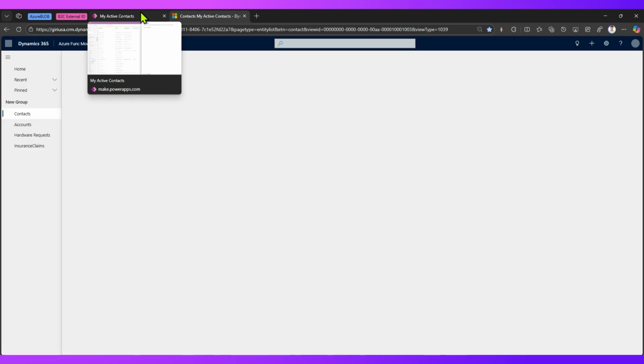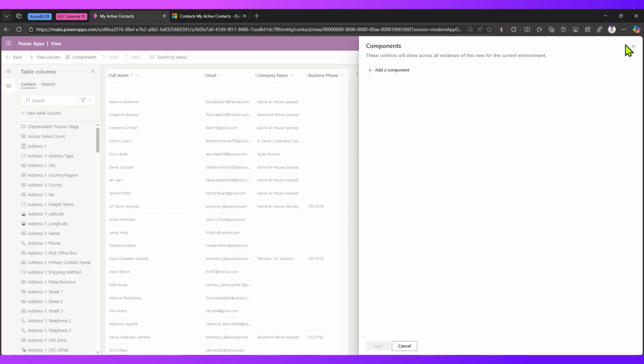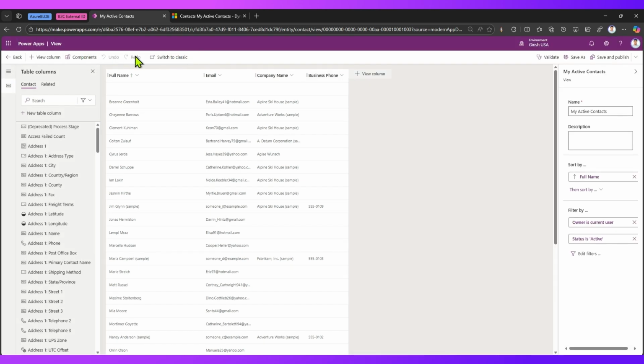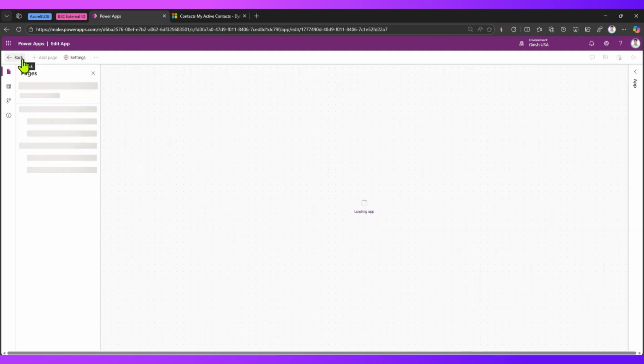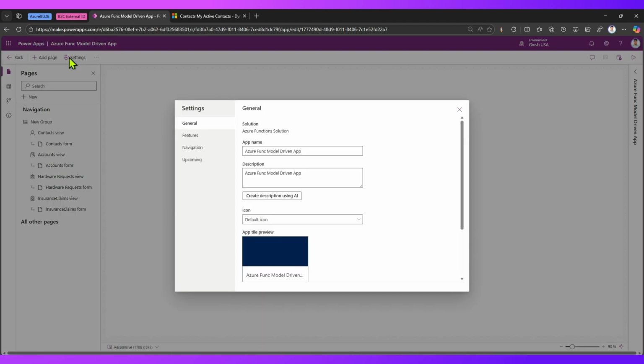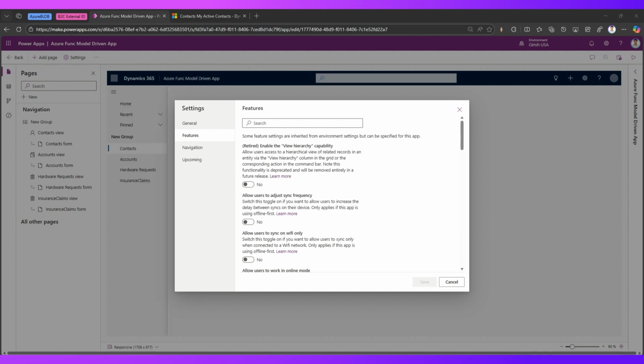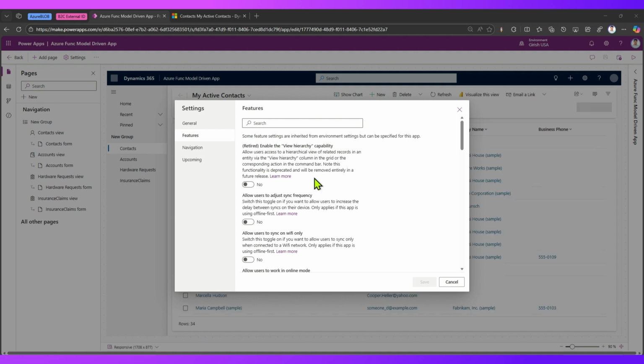Now, there are other settings within a model driven app which I'm just going to show you. So if you see over here, if I just go back, now here I have an option, settings. Now in settings, if I go to features, I get to see all the listed features, and I have an option to view various options like allow users to adjust sync frequencies. But then one of the options which I'm interested in